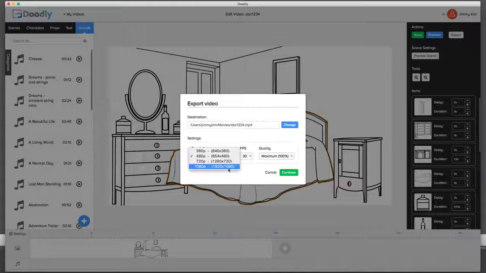Obviously, the higher the resolution, the longer it's going to take to get it downloaded and exported, so please keep that in mind. Most people are just fine with the 480p, which is why we have it selected that way. But you can actually select higher frames, higher resolution as you want, and even quality. Depending on what your project is and where you're putting it, you can go ahead and adjust that frame